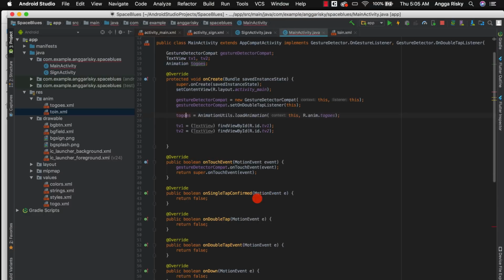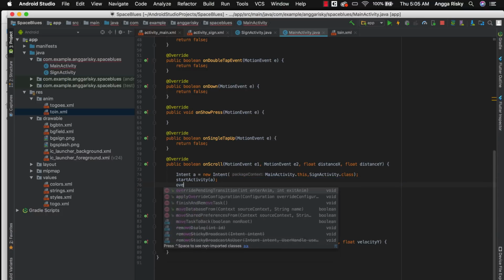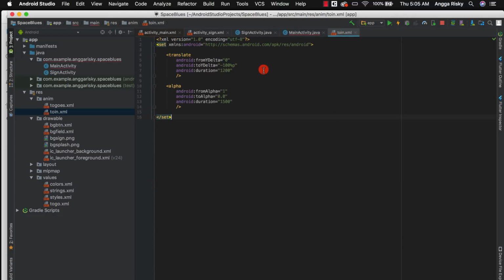So if you see this enter animation, there's the animation to come out, and you see enter anim and exit anim. Yeah, so we have to prepare to in. We don't need alpha, so here it's supposed to be with the y delta,